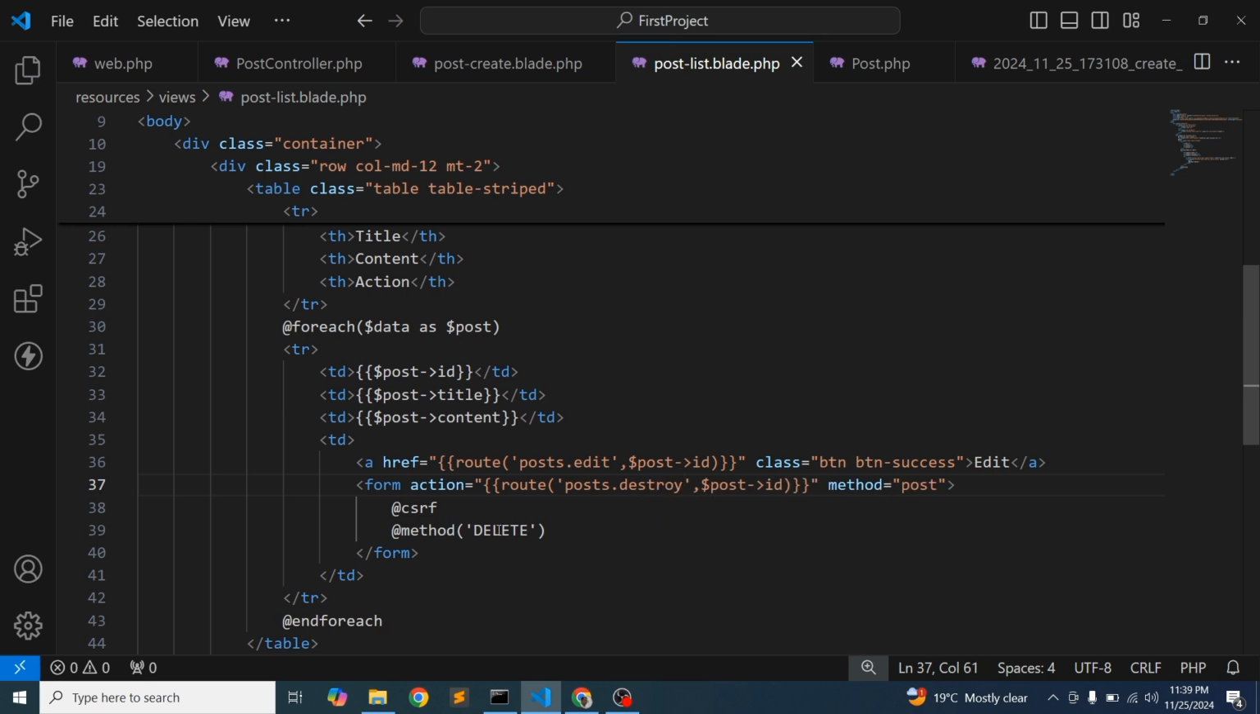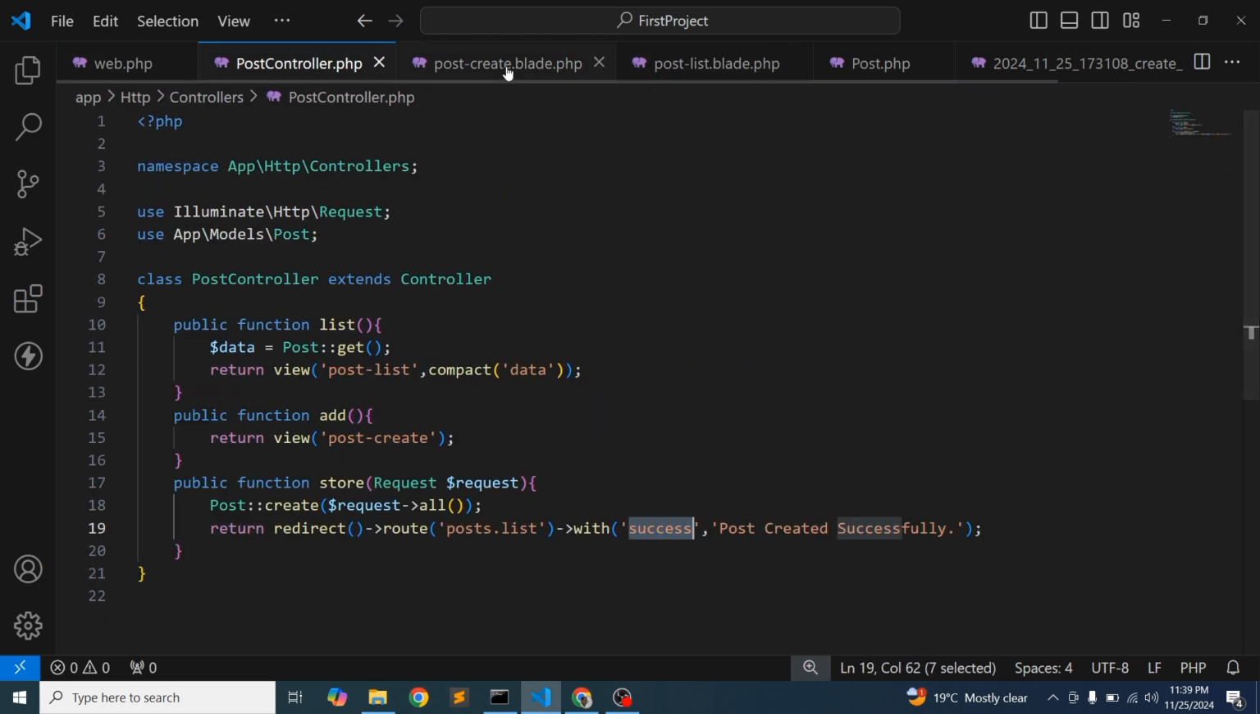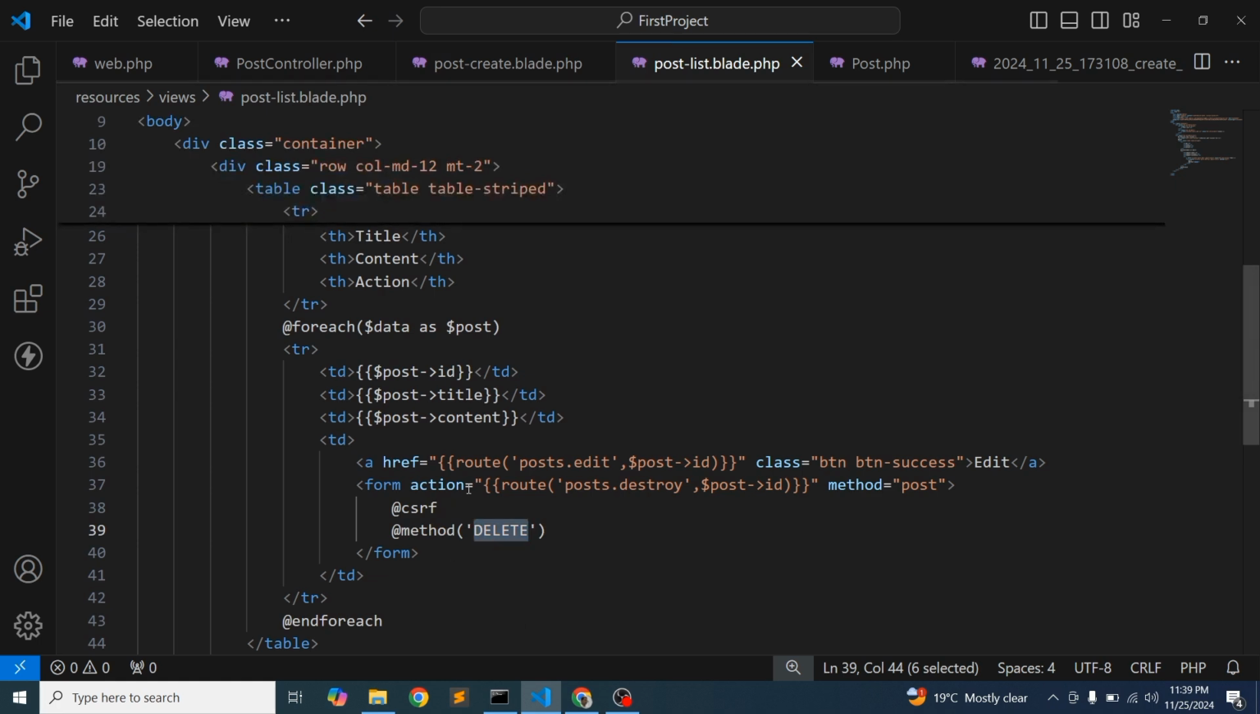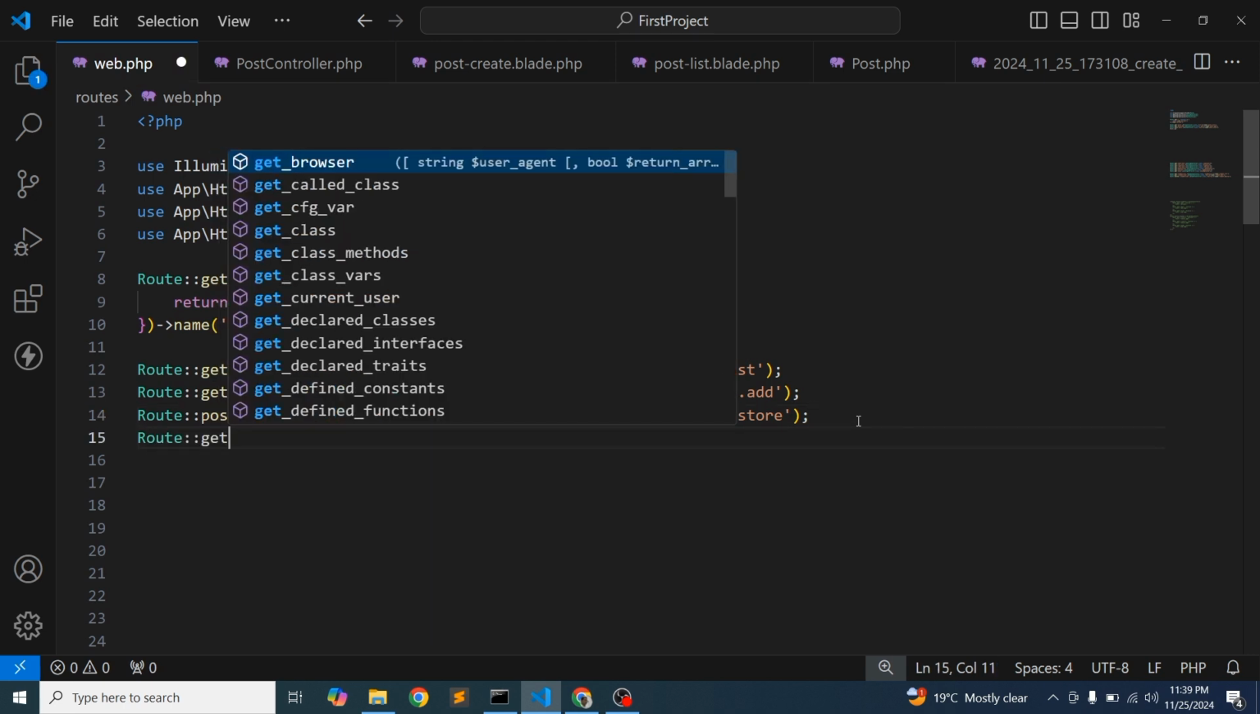Okay, and we need to create these two routes, just post edit and post destroy. We just created them. So simply go to the web.php, and here if you check, these things are the get, and this is the delete method. Okay, so two things we need to create. So simply write route get,